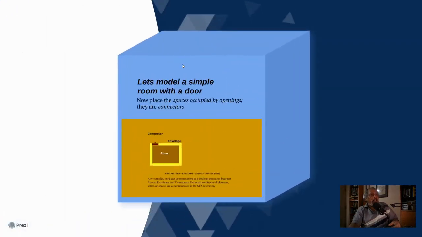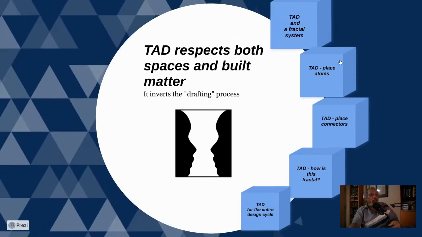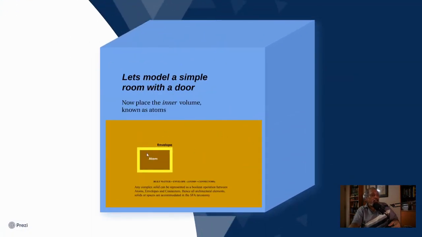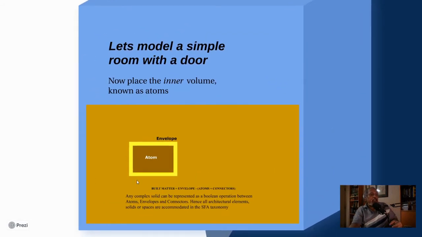So let's place an atom inside this. Just like in that Sumerian tablet, they were actually marking out that space, that room, and that room is marked out completely, and then later on they've gone and erased or put 2 lines over there to represent the connector. So here is the atom, atom is the space which is not further divided.